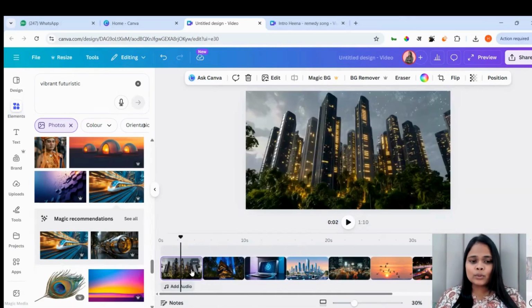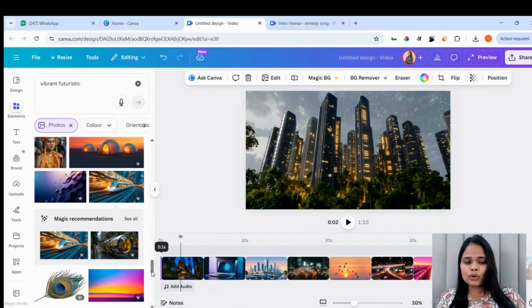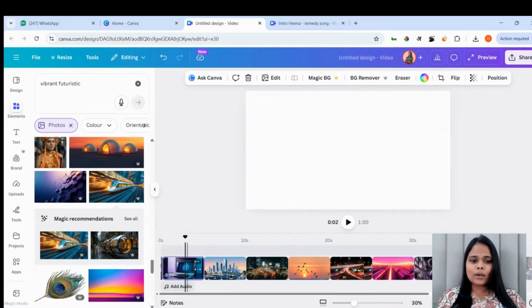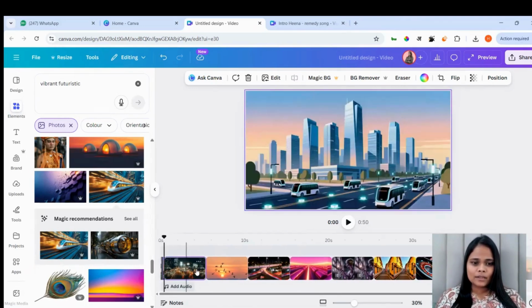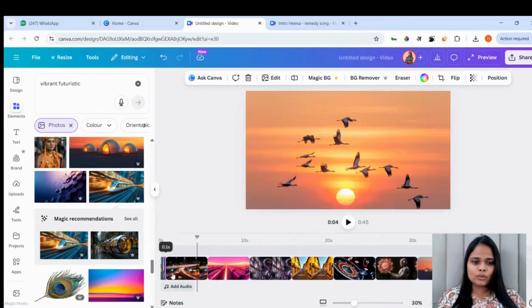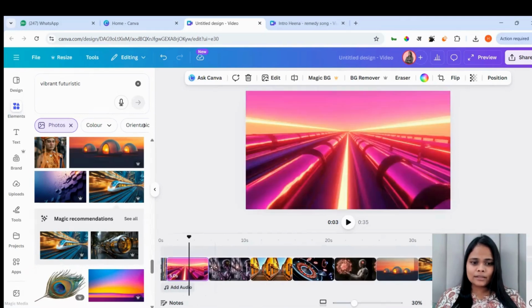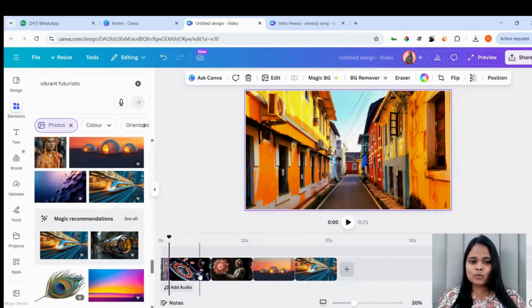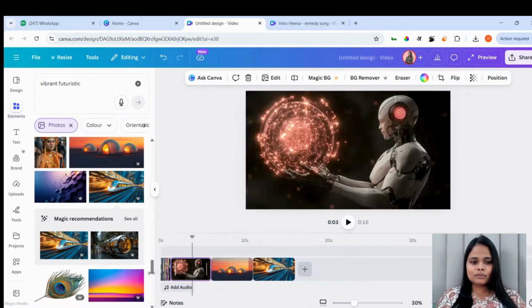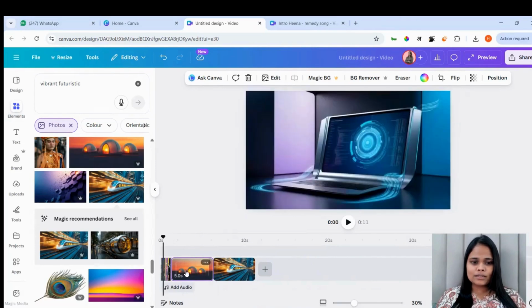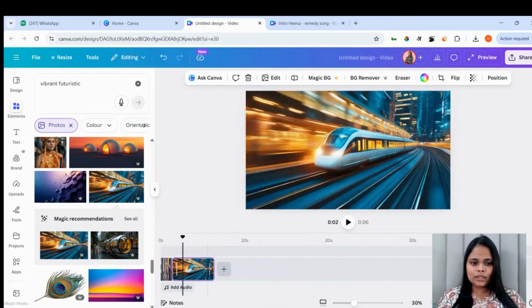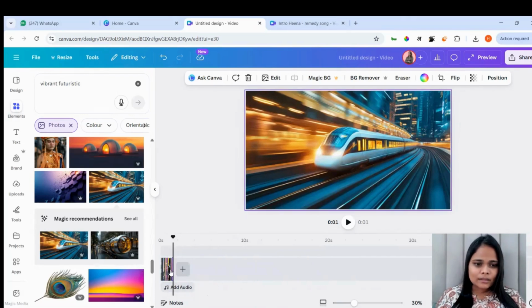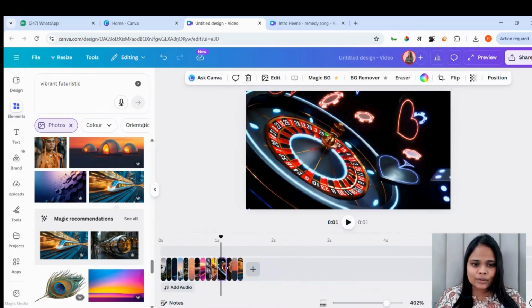And then the next thing you have to do is reduce the duration of each page to 0.1 seconds. Okay. If you see, it is now 0.1 second. Similarly, do it for all the pages like this. Reduce it to 0.1 second so that this video looks rapid, that it is changing super fast, right? So for that, we have to make it 0.1 second. Okay. Let's check. I think this video is not 0.1 second.